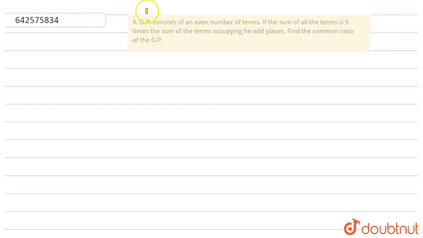Hello students, so the question is: a GP consists of an even number of terms. If the sum of all terms is 5 times the sum of the terms occupying the odd places, find the common ratio of the GP. So as we know that